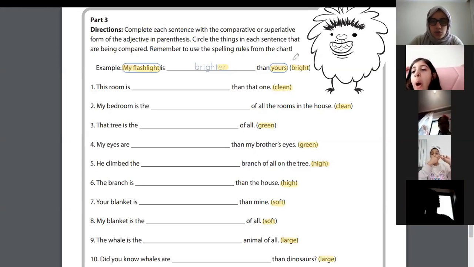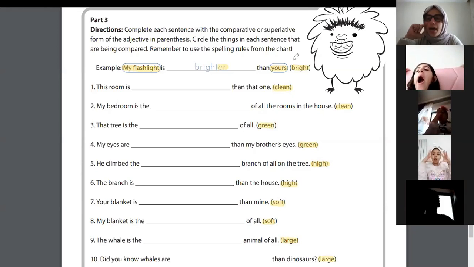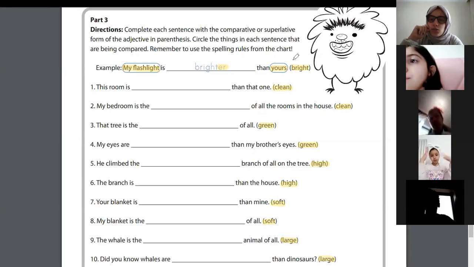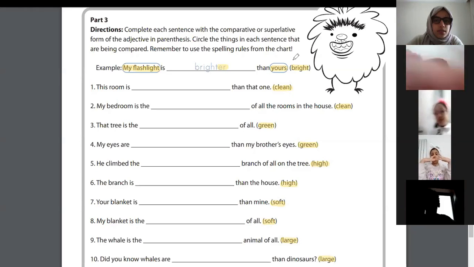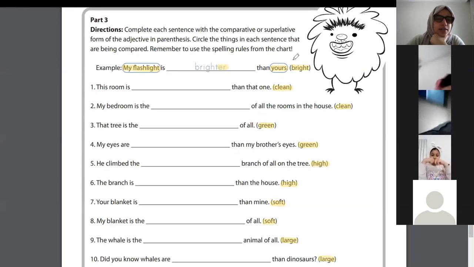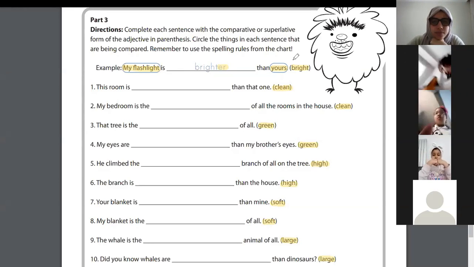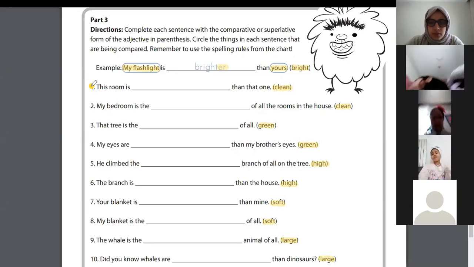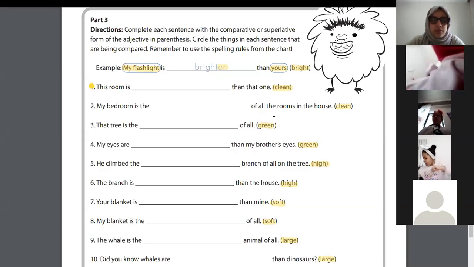So if we're comparing between 2 nouns, we need to add ER. If it's more than 2 nouns, we need to add EST. So let's see who can help me here. Malik, can you read the first one, please? This room is